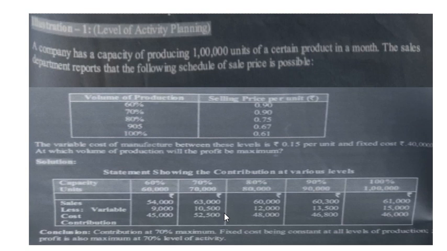Here we have not taken fixed cost into consideration. Even if you take fixed cost, it remains fixed for all the activities and you get the same level of profit, and the best alternative can be selected. So 70%, which generates maximum contribution, is the level of activity we will select. So let us get into the next question.